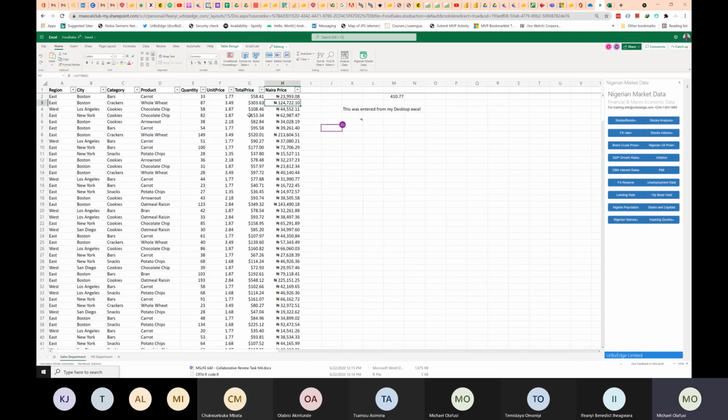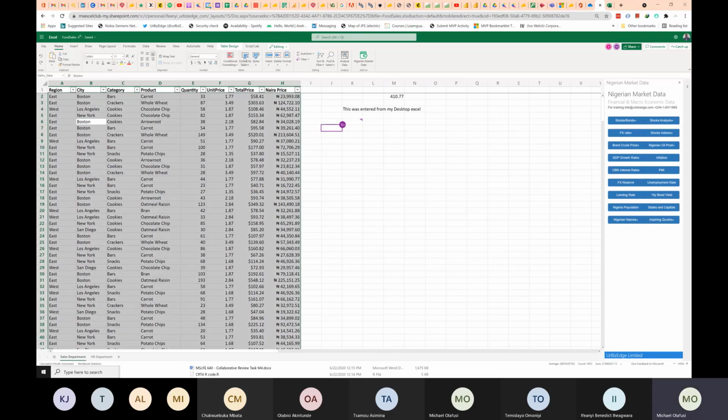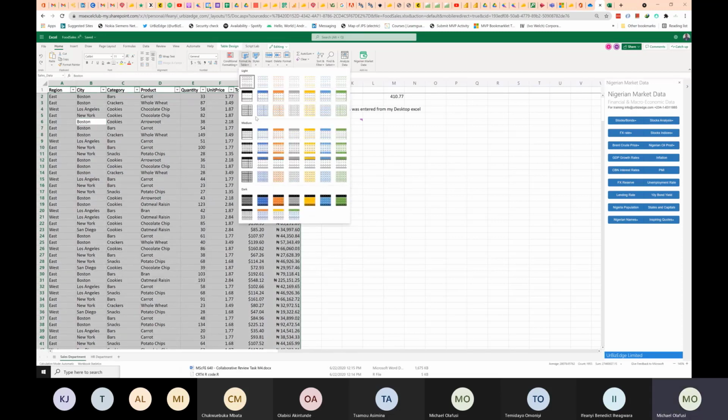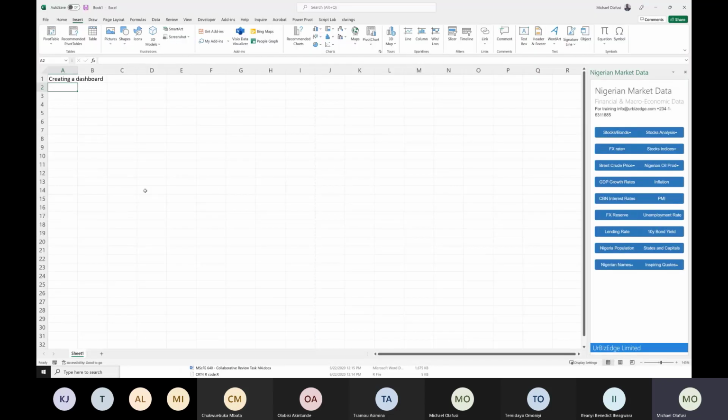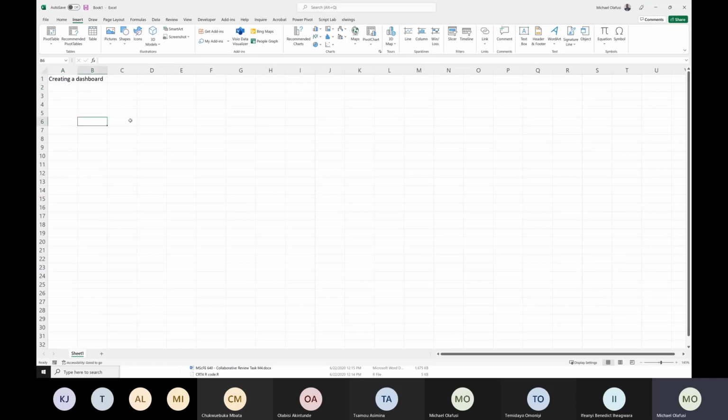Let's just say I leave it. And this also, format as a table. So let's say I use the same style. Okay, good. I have people who are going to be working on different sheets. I need to bring in the data as they are working on it into my own dashboard, into my own analysis, right? So how do I do this?